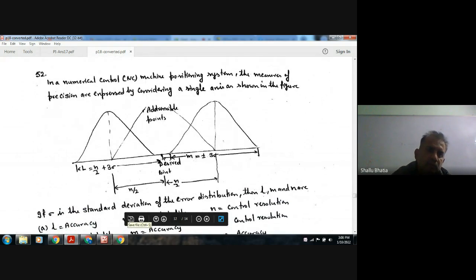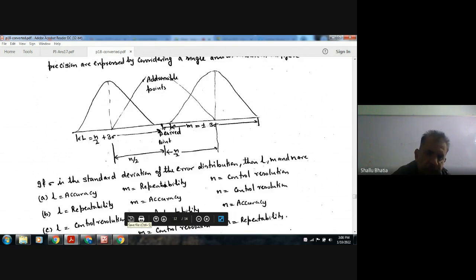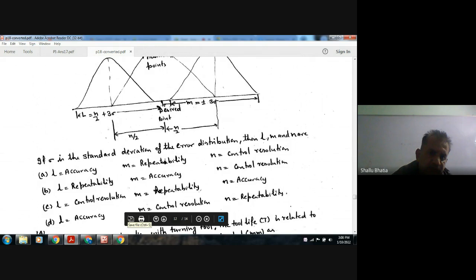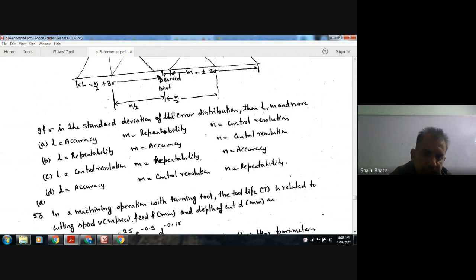in a numerical control NC machine positioning system, the measures of precision are expressed by considering a single axis shown in the figure. So this is a figure given. So if sigma is the standard deviation of the error distribution, then L, M, and N are. So here up to this point there is L, and from starting on this point this is M, and this is N. Okay, and this is L by 2, L by 2. Okay, so L is accuracy, and M is repeatability, and N is control resolution. Okay, so answer A is right. Next,